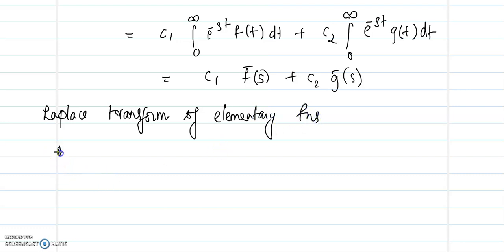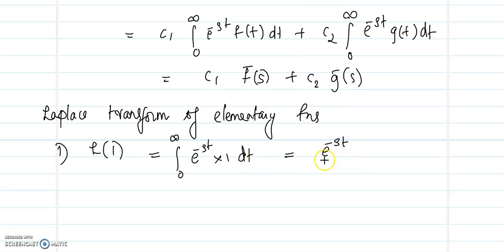Now the first function we'll be looking at is the Laplace transform of 1. So by definition that will be integral 0 to infinity e power minus st into 1 dt. Now upon integrating e power minus st, the integral is with respect to t, we will get e power minus st by minus s from 0 to infinity. So that will be e power minus infinity will be 0. So we will be getting 0 minus e power 0, which is 1,